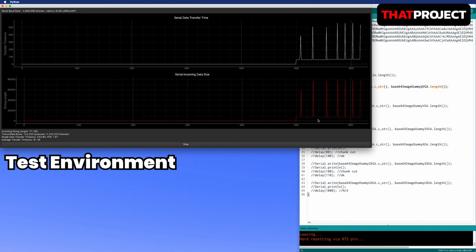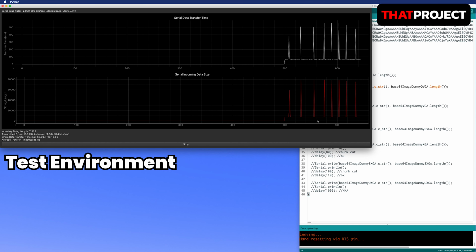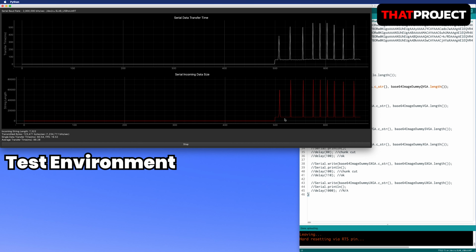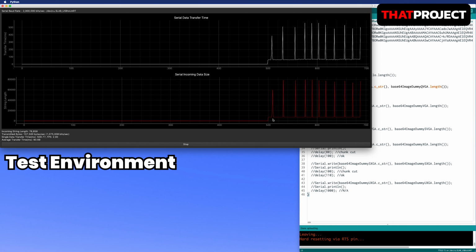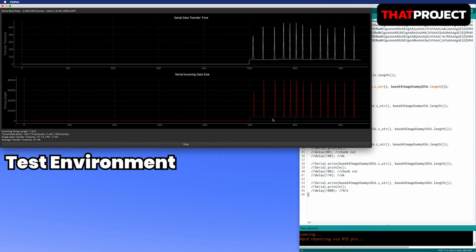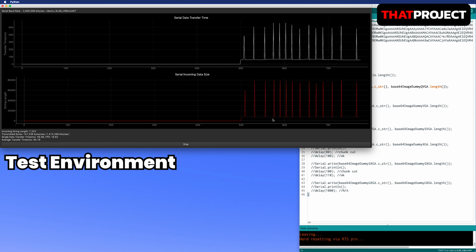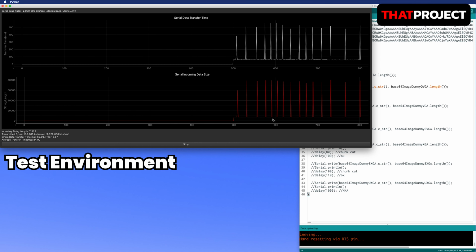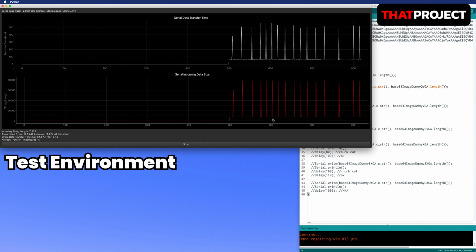A problem has occurred. If you look at the graph below, the length of the string that came in has changed. This broke the chunk because new data came in before the data on the sender was flushed properly. The length of data should be all the same. So the minimum delay time is required to send chunks stably.